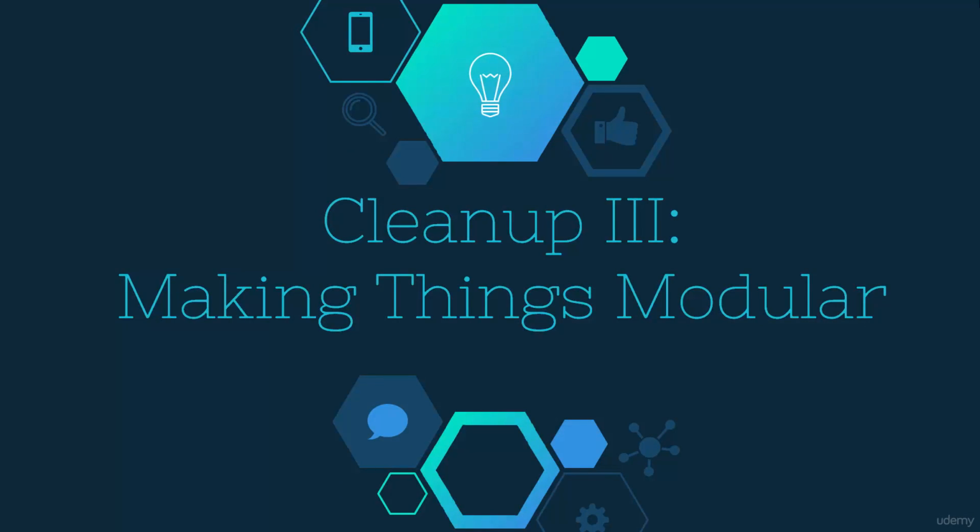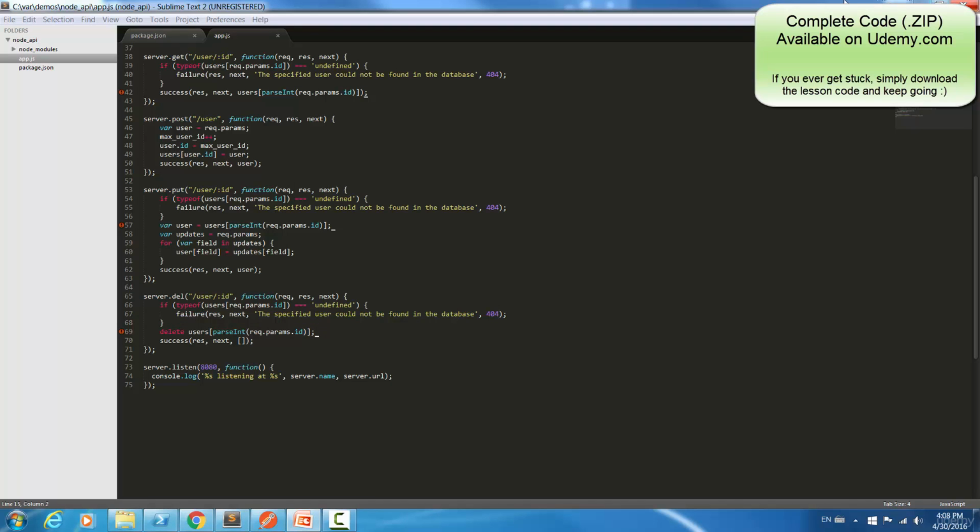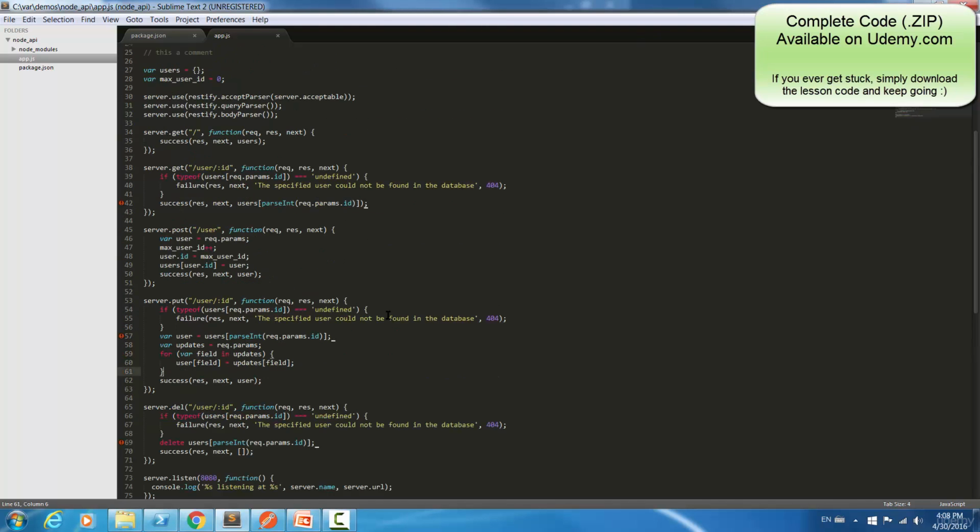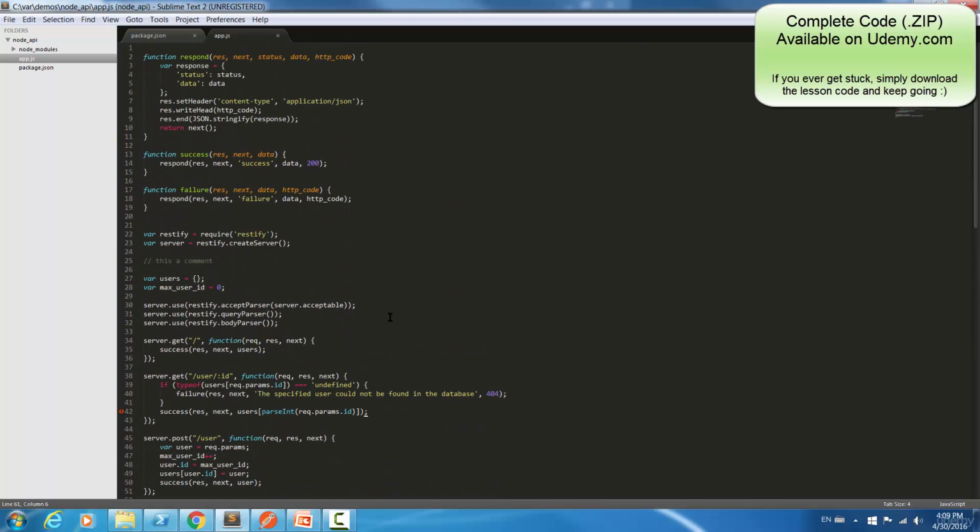While we're on the theme of cleaning things up a little bit, I thought it would be nice to use this opportunity to make the code a little bit more modular. You've probably noticed that we've been throwing all of the code into this one file, this app.js. But if we continue this trend, this file is going to get pretty large. So let's take a quick few minutes to actually reorganize the code a little bit and get it into a